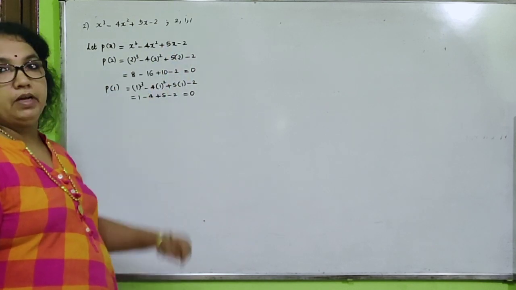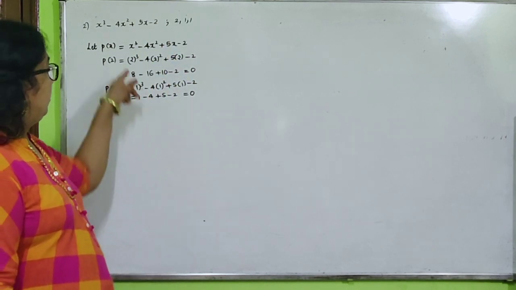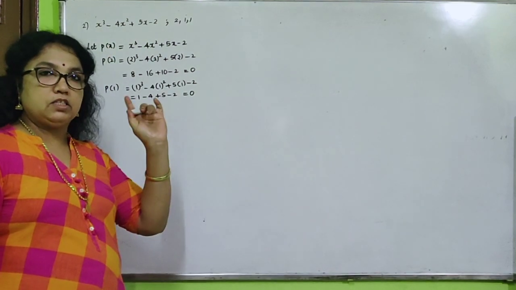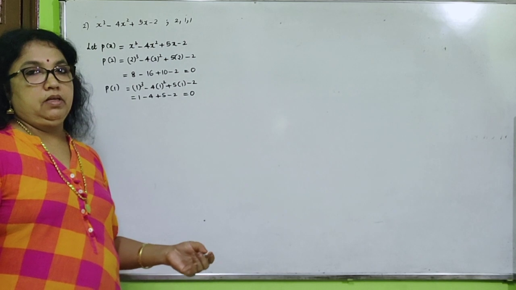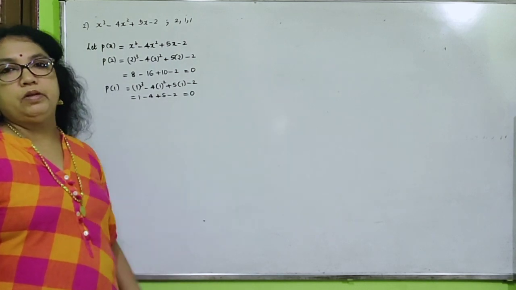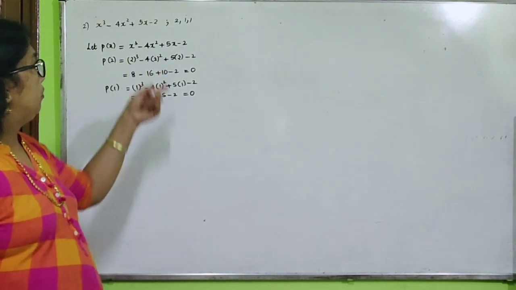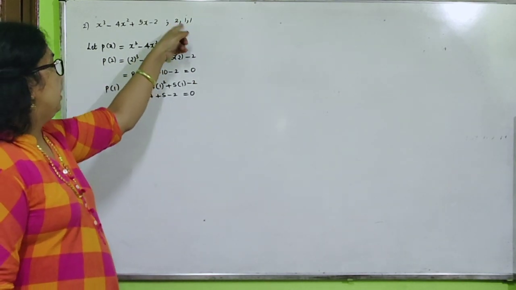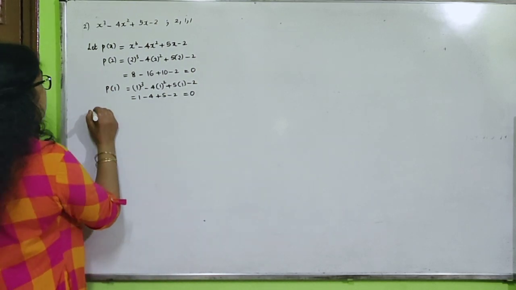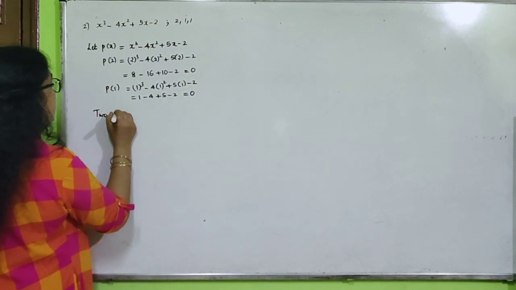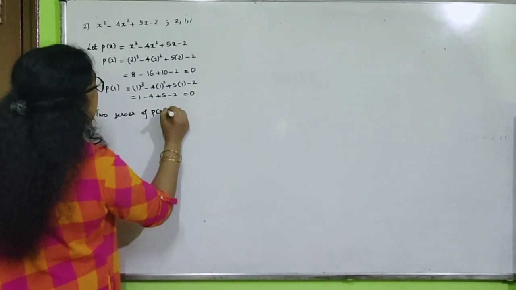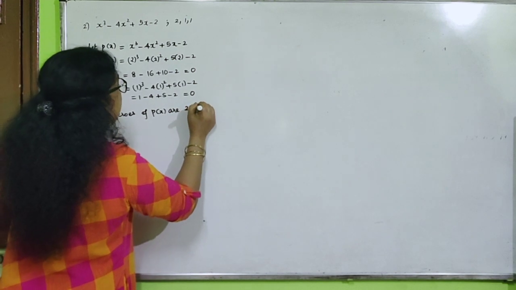The third one next we have to prove. How do we have to do it? By taking these zeros you have to divide, and look for x minus 1 coming as a term. Then only the next zero, that 1 also, will be a 0. So only 2 zeros we can prove like this. So 2 zeros of p of x are 2 and 1.